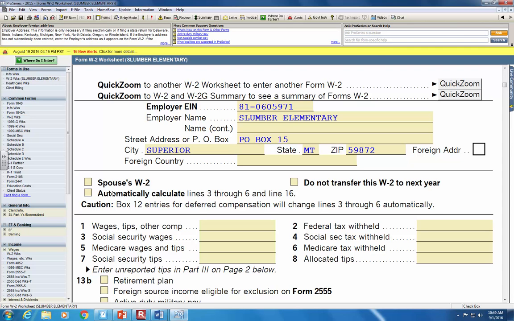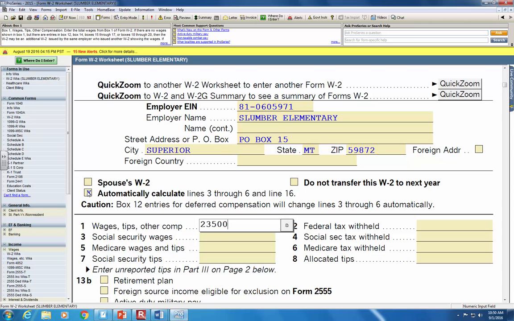So, and then hit tab, and that automatically calculates. So that's kind of sweet. Once we put in the data, it's going to calculate our OASDI and HI based on the percentages, so you don't need to input that. And also, just housekeeping stuff, if it's like a college kid who's got a summer job and they're not going to be back next summer, you hit the do not transfer to next year so that you don't have a bunch of old W-2s carrying over. But this is her job, so you want this data, you don't want to have to re-input that next year. Okay, so let's just go ahead and fill out the